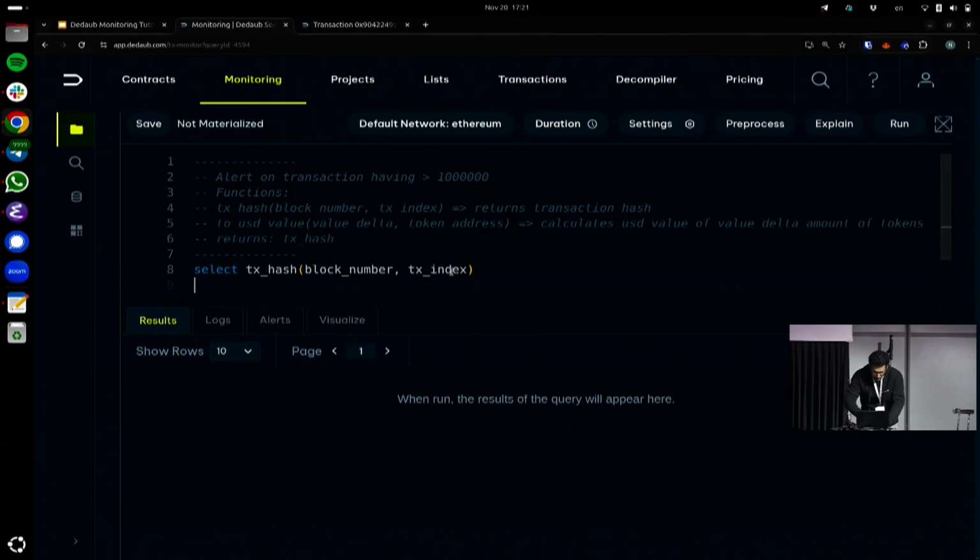Okay, so now I'm going to use a special gadget. I'll explain a little bit what the gadget is, but when you use a gadget, you need to put it between these double curly braces. So I'm using the token ledger gadget, and I'm going to add a condition, and the condition is basically